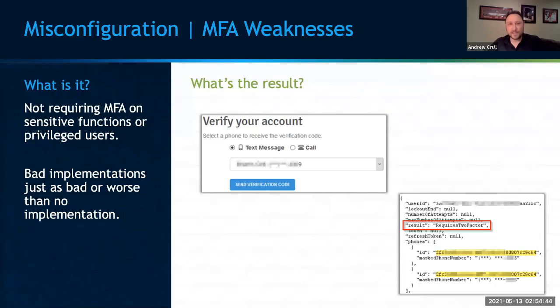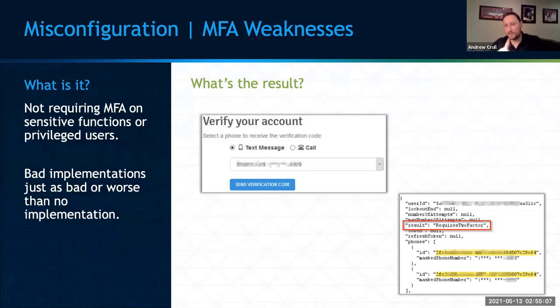MFA here. And you can see, it's kind of hard to see, but there are some asterisks in there. They don't show you the phone number, just the last 4 digits. But if I actually looked at the response from the application, it was responding back with that asterisked number, but it also included the full phone number for that. And I was like, well, that's really weird.